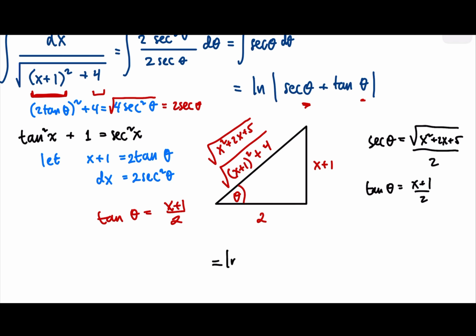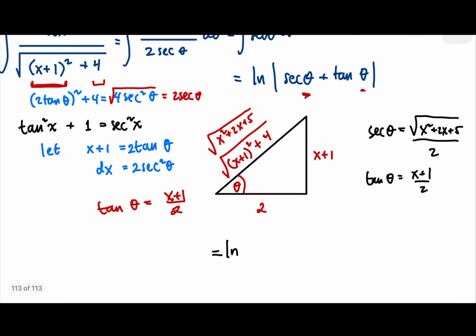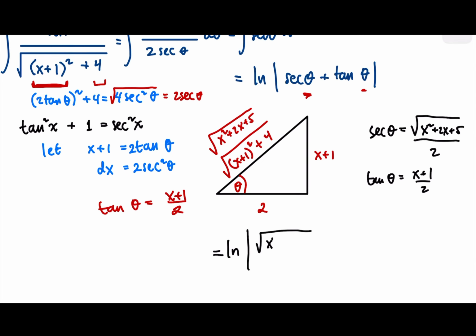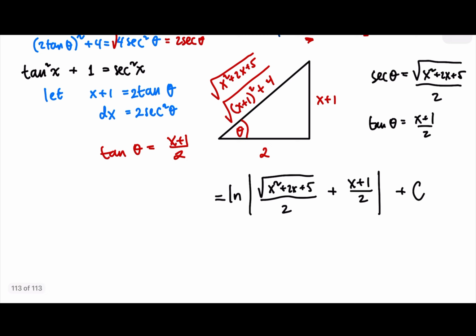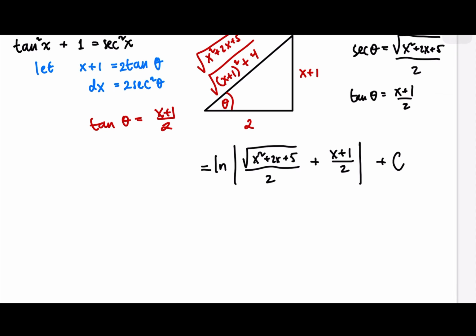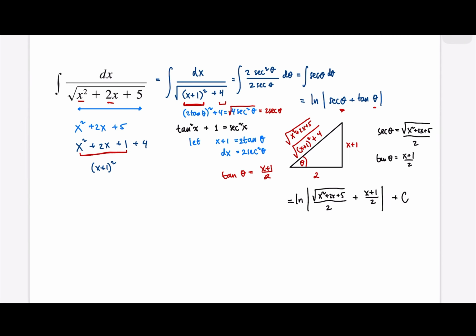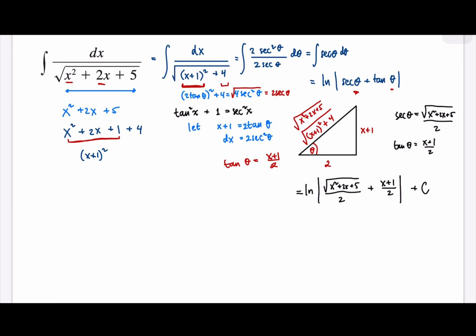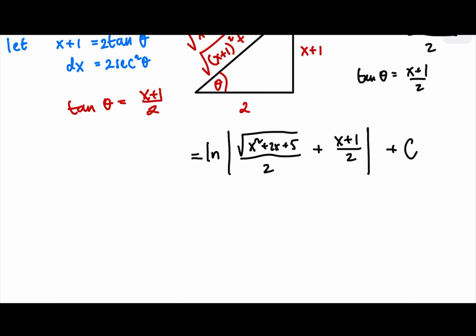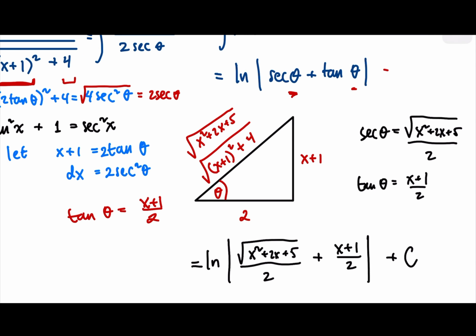So we can write the equation as ln of square root of x squared plus 2x plus 5 over 2, plus x plus 1 over 2, and then plus c. Okay. However, if you are writing this as plus, let's say c1,